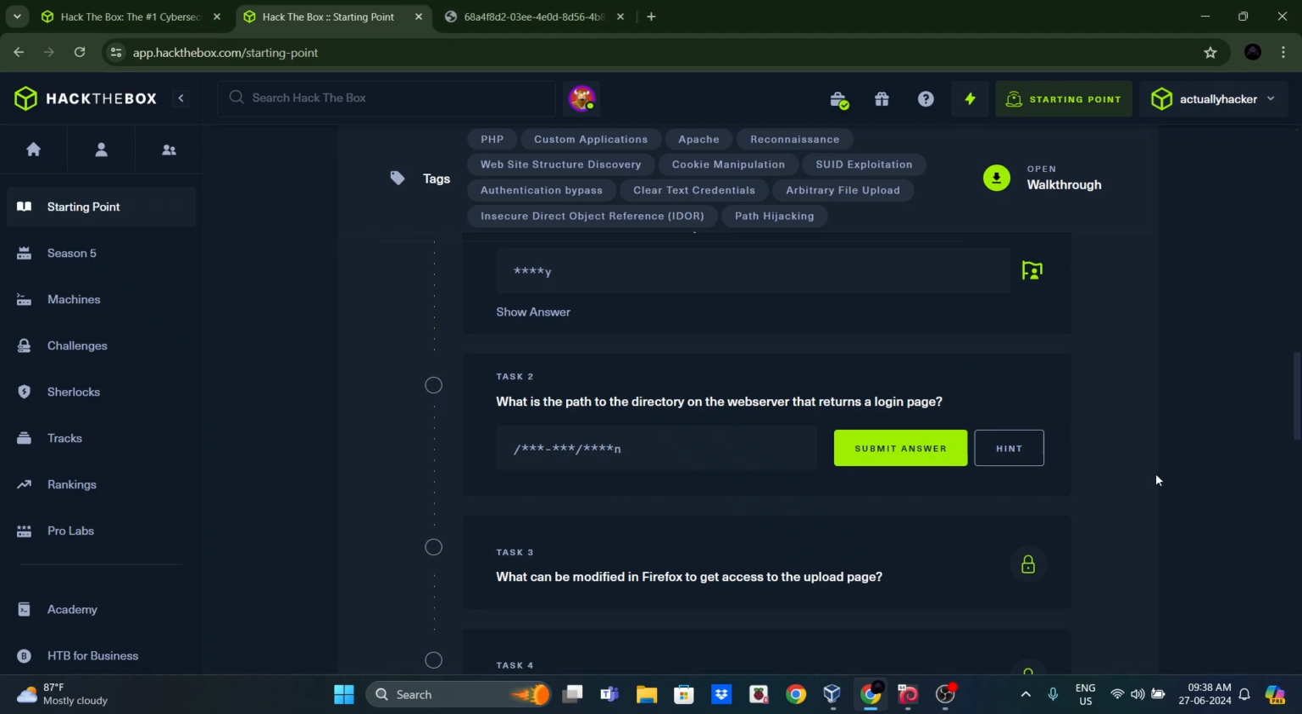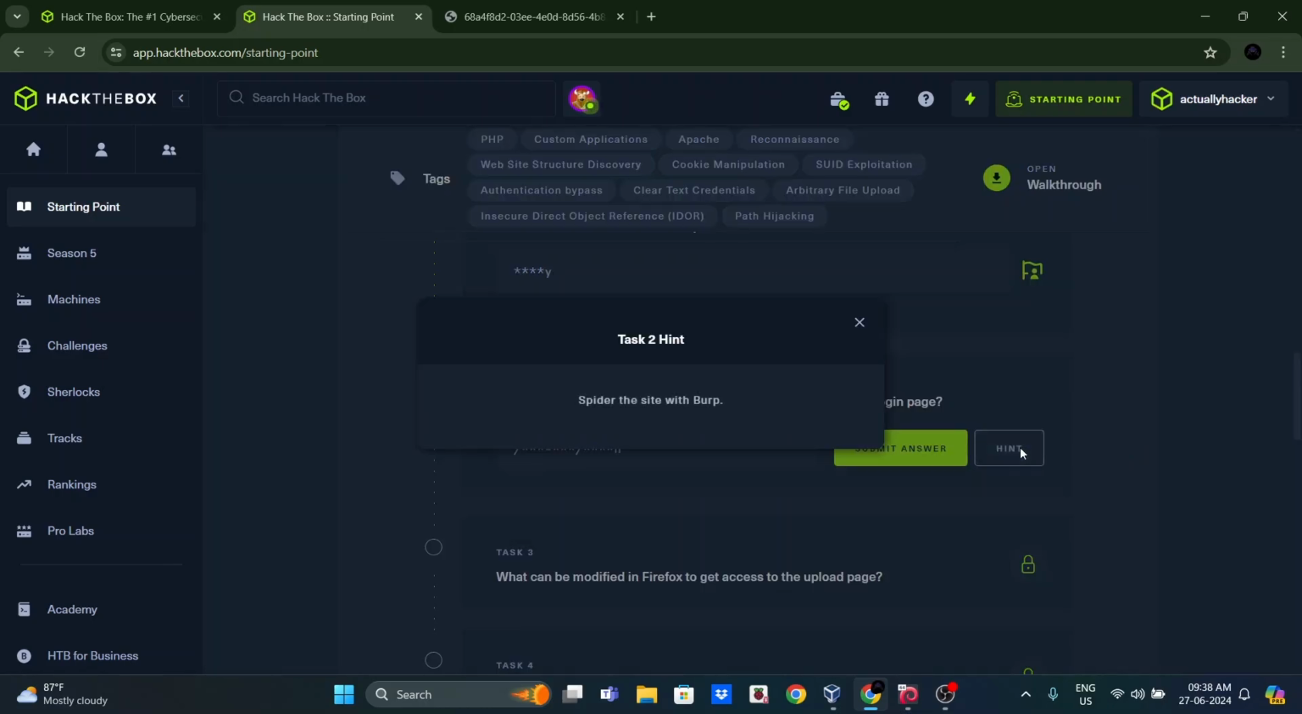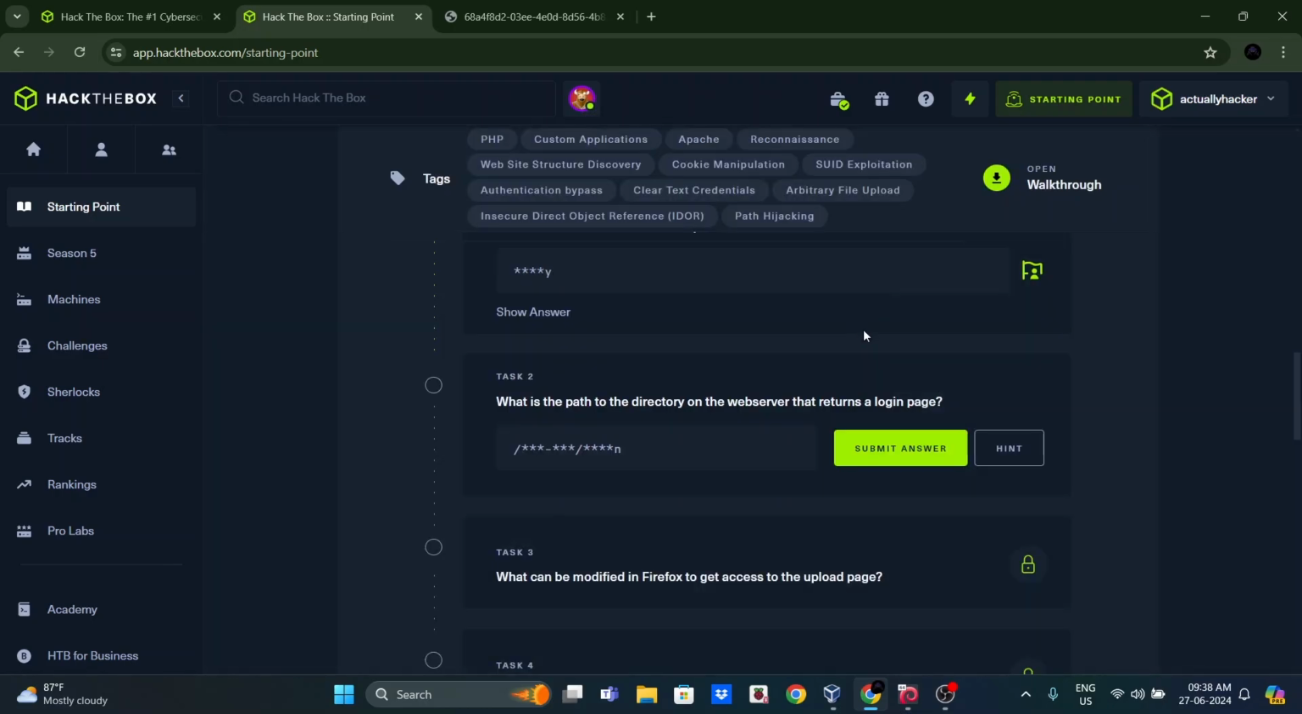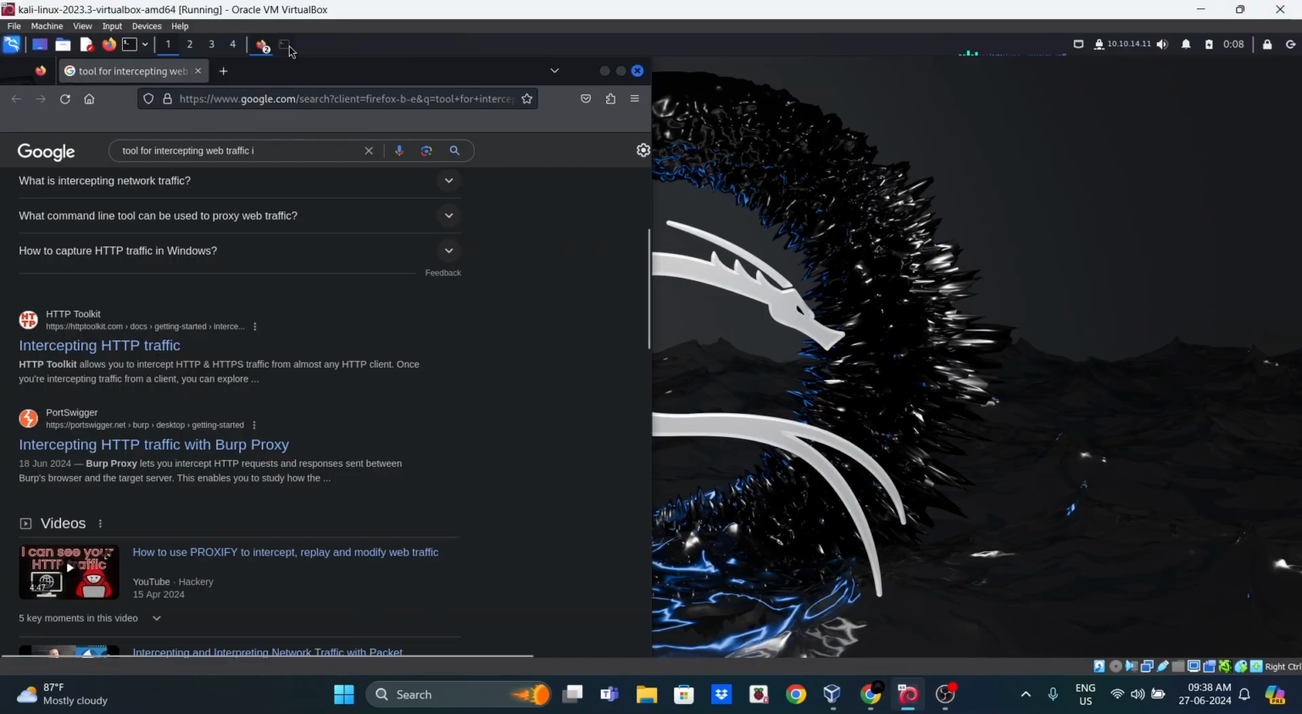All right, guys, now let us go into task 2, which is what is the path to the directory on the web server that returns a login page? All right, let's use up the hint. Spider the site with burp. Okay, so let us first